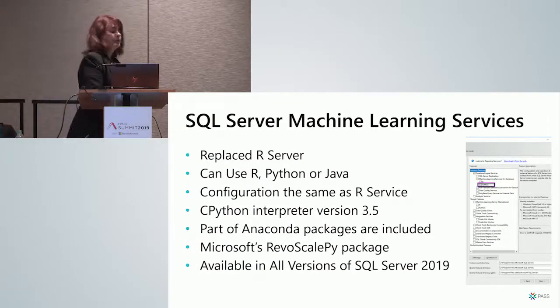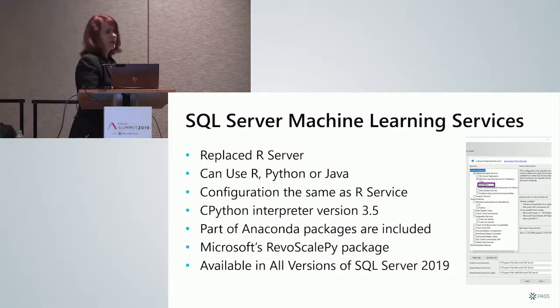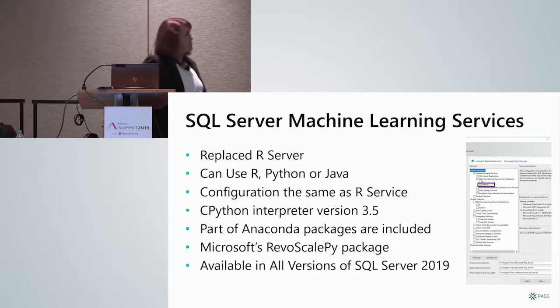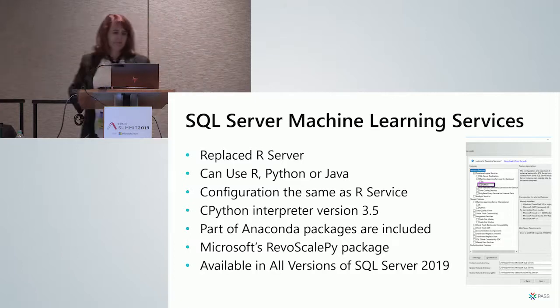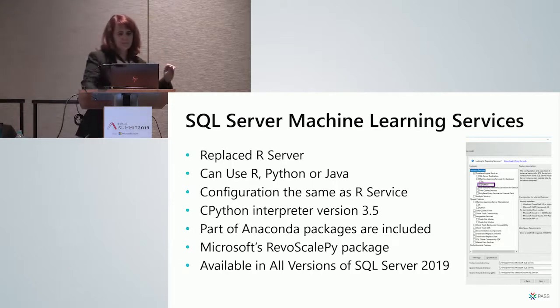Now this is sort of cheating, but I have seen Microsoft call VMs with SQL Server machine learning. They call that Azure because you can deploy it into the cloud. So this is just SQL Server, and it can use R, Python, or Java with 2019. Java does not configure in the install. You need to use the language extensions for that. And Anaconda is included as well.